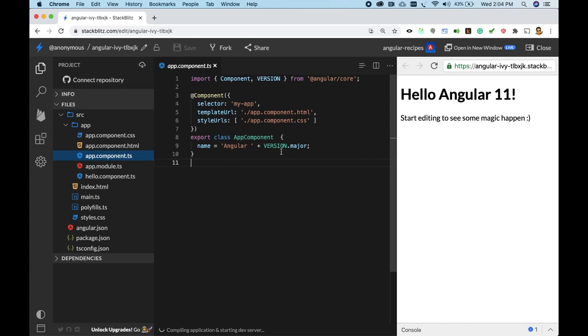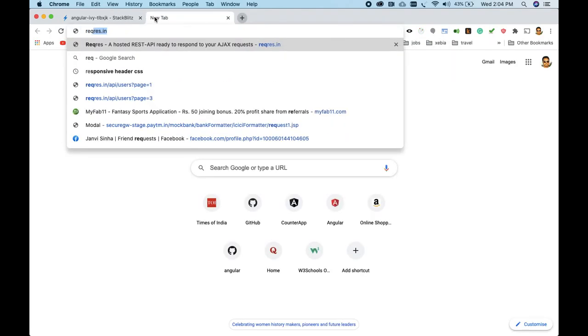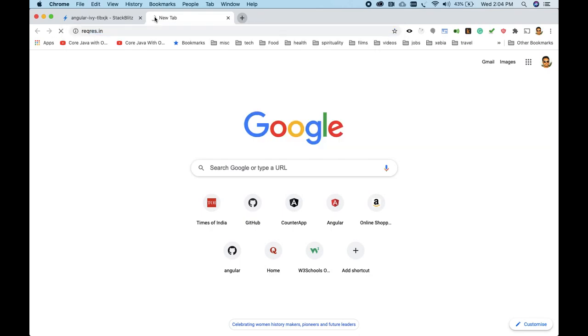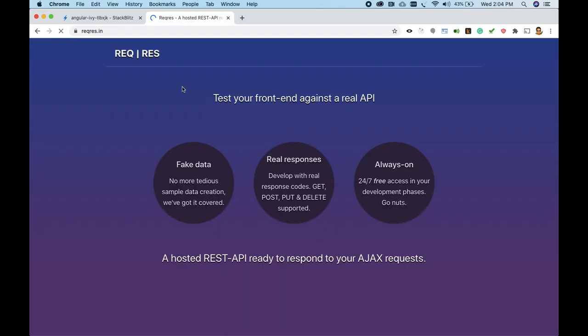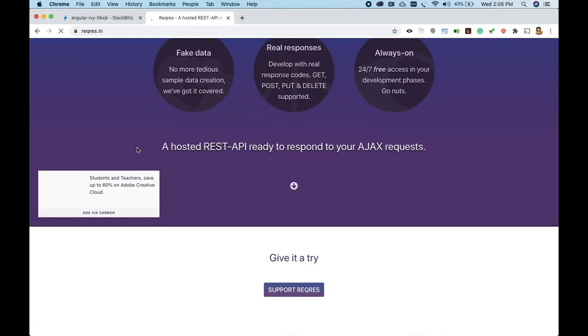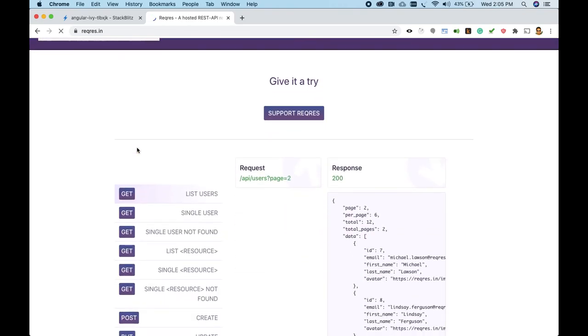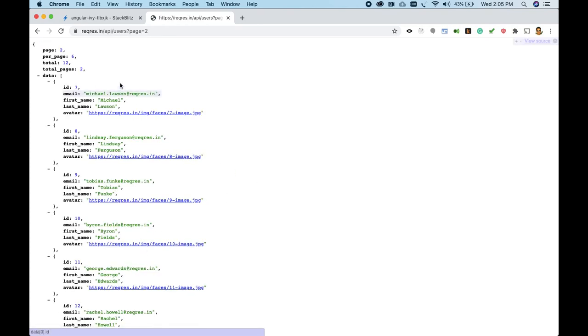So first we'll try to make a backend call, right? For that I'll use an API called reqres.in. They provide dummy APIs. So let's look at this list of users.